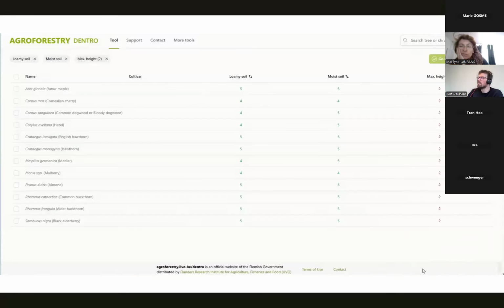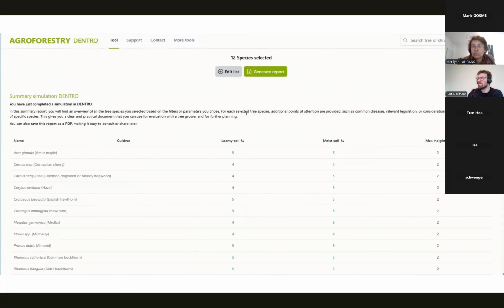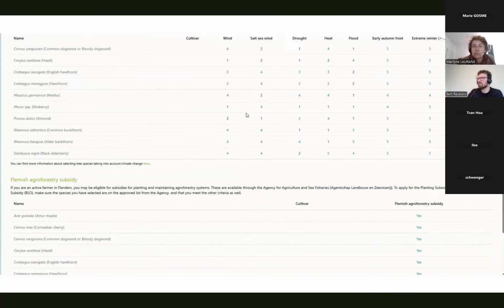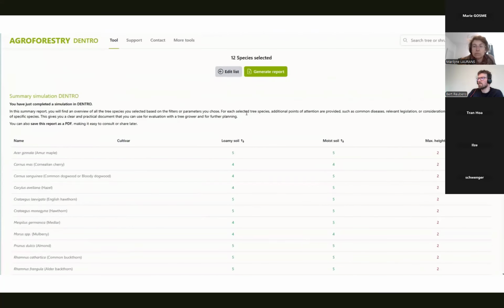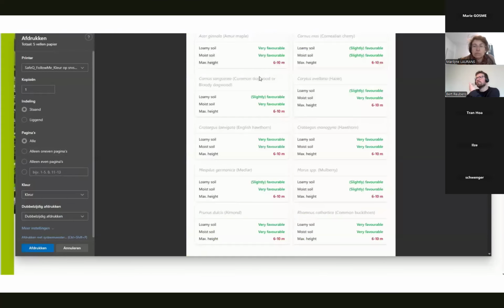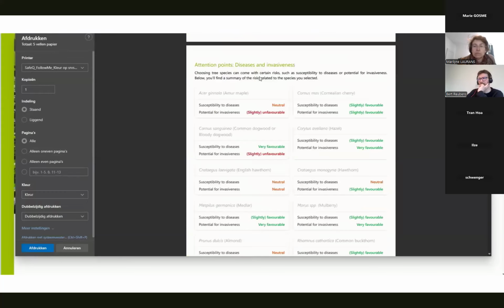I can view my results or clear filters. Well, let's view the results. And if I'm happy with my list, then I can select them all, or again a few. Green button, go to lists, and then it's the same as the previous, the beginner mode, that everything is summarized, and again you can generate a report. All right, so here's again all summarized.